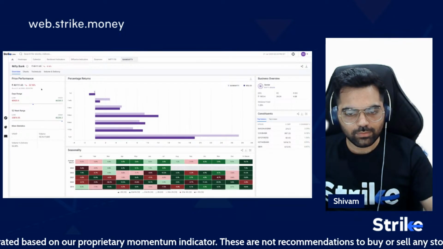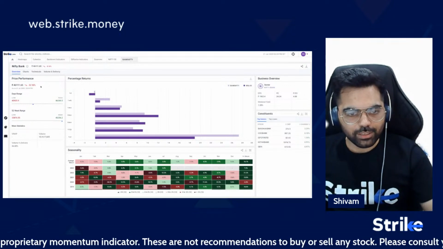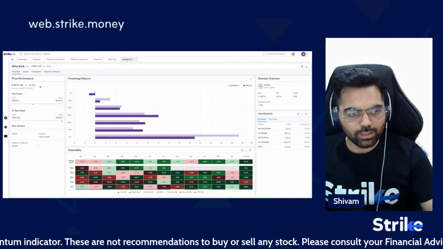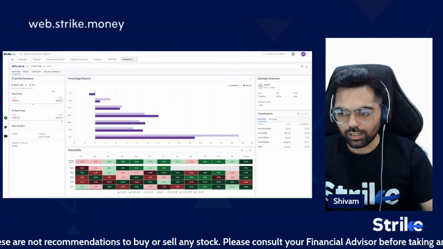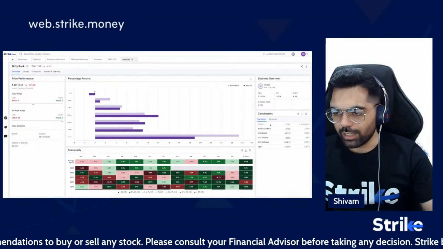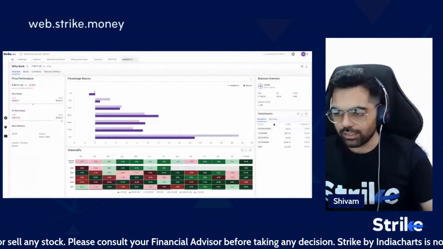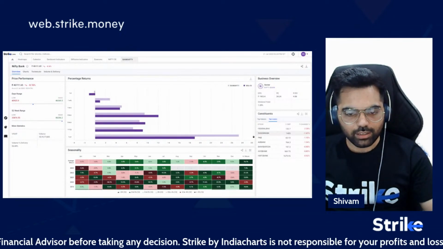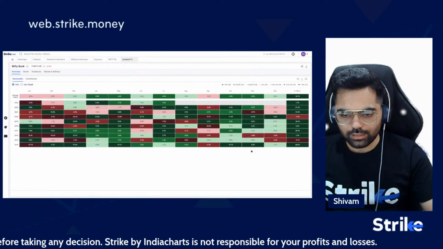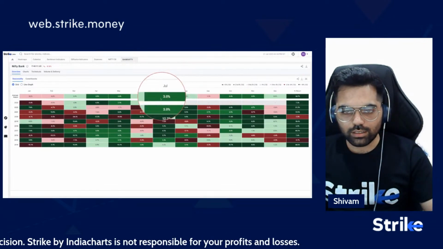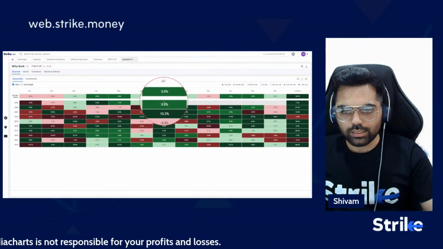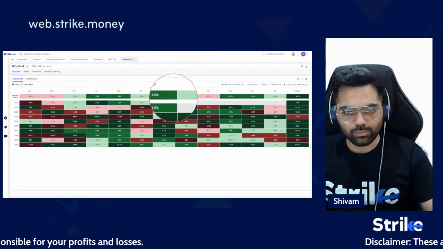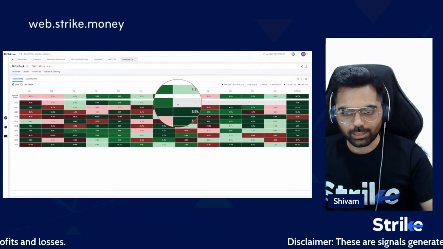So Bank Nifty is down only 0.16%, which means it's stronger if we look at just today's action. And within Bank Nifty, the leading stock is Bandhan Bank, and on the losing side, the top loser is Federal Bank. So seasonality wise, I'll just zoom in. Seasonality wise, July has been a bullish month, and we are following that pattern.